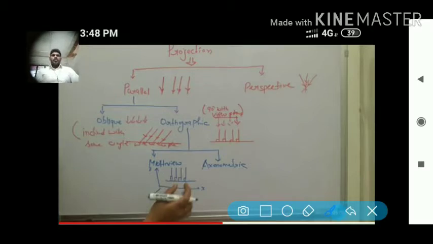So what is the basis for classifying these projections? Why are the projections classified into two types? What is the basis for that? The basis is nothing but the lines, the way of the lines. Now listen, in parallel projections, as the name itself tells, the lines intersect on a plane and all the lines are in a parallel way. Look here.